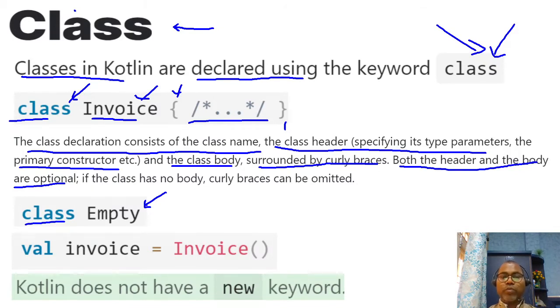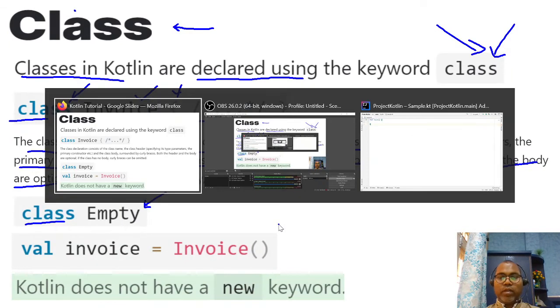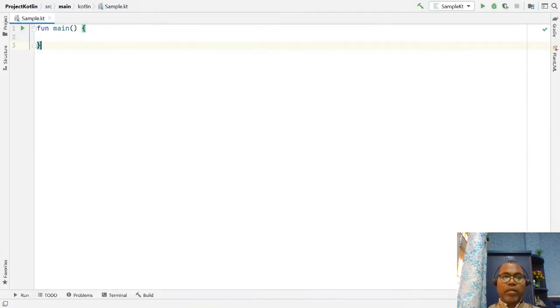Kotlin provides this as optional. If you want to define some body, you can write your opening curly brace and the body. If sometimes you don't want that, you just want to define a particular type, you can just write class, and with this your class is created. So this is the first way. If you want to create a class like Employee, now the class is created. This is the minimum syntax.